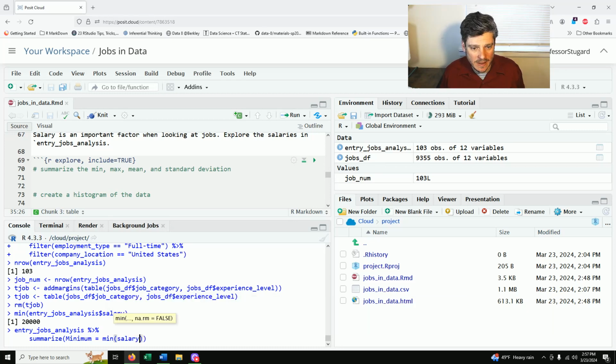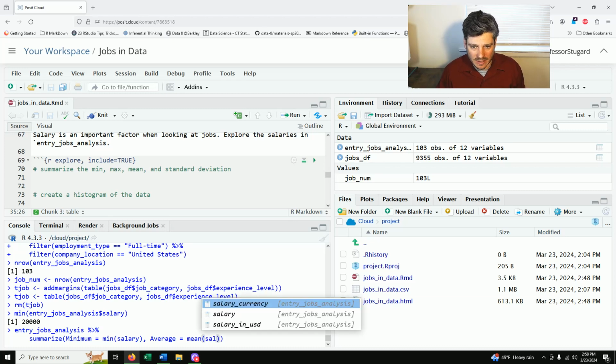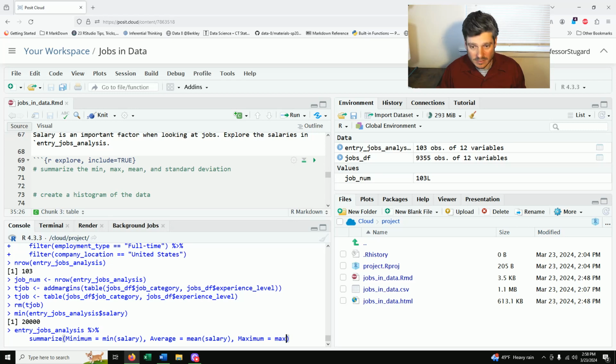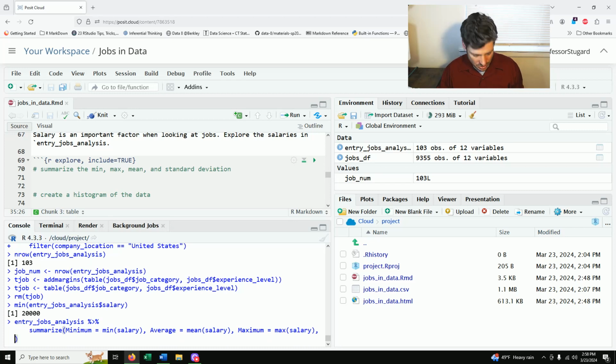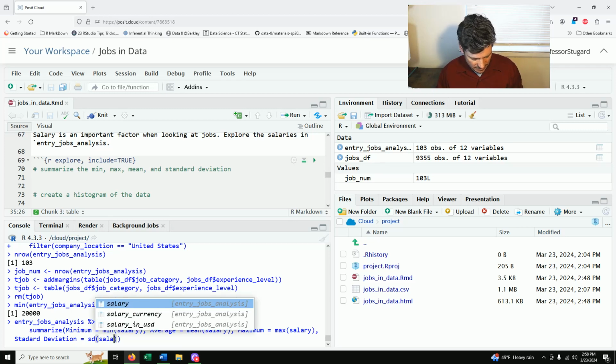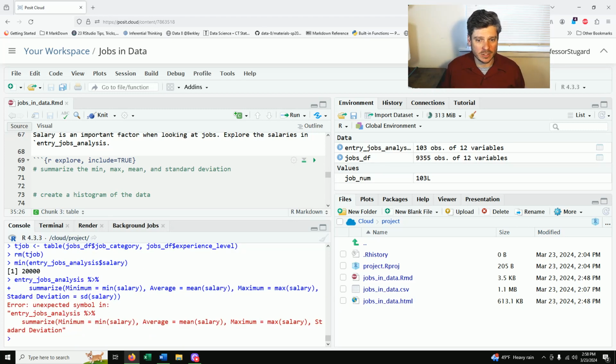Okay, so salary, the minimum for our salary, the average equals the mean of our salary again. The maximum equals the max of our salary. And then the standard deviation. So the standard deviation equals, and the standard deviation function is SD. So the standard deviation of, again, salary. So if I run that code,